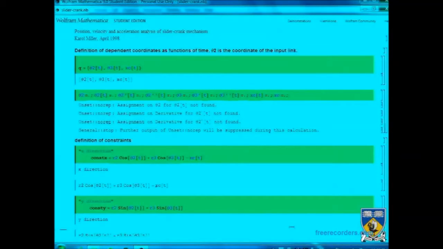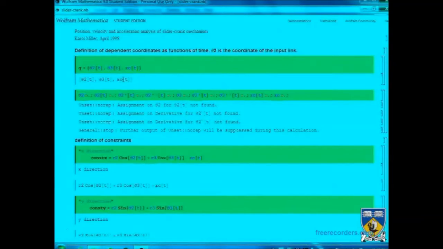Okay, so let us have a look at the Mathematica file, which is available on LMS, to see how this scheme works for the slider crank. Okay, so first we have the definition of the coordinates. So for the slider crank, we choose conveniently theta 2, theta 3, the coupler angle, and xc, the position of